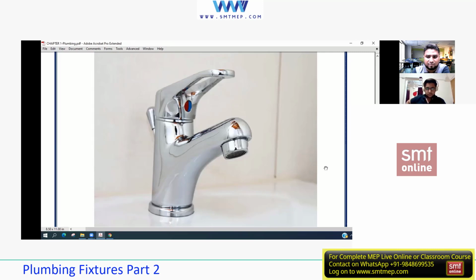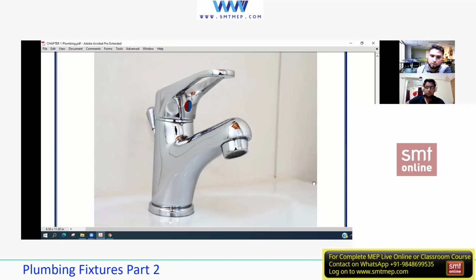And we know something: every fixture demands a certain amount of water, a certain amount of pressure, not less than, not more than. If it is more than that, it will damage the fixtures or the fittings. That is not accepted. For example, if I install a Jaguar fitting, it's very expensive. Yes or no? Just an example. So in that case, the angle valve will act as a barrier below. First it will get damaged, then the fitting would get damaged.